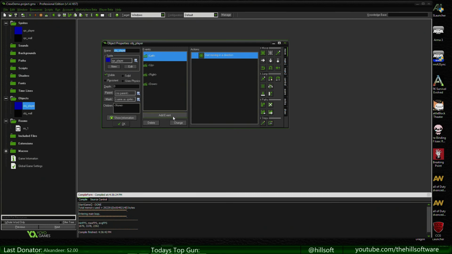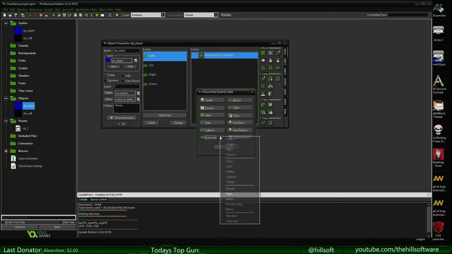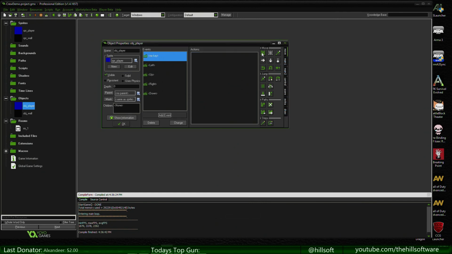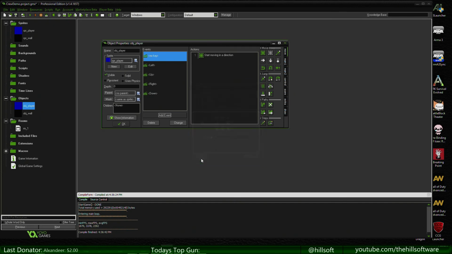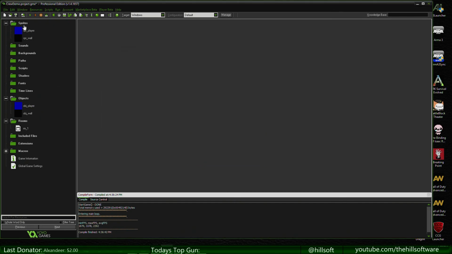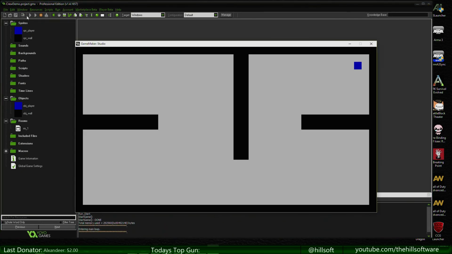Let's first put something in to stop it from moving. So we can go to the keyboard and you can see down here there's a no key event. So for the no key, if we set the movement to stop and leave it at 0, let's see if that fixes our problem. All right, here we go. Look at that, it stops. Woohoo, we've developed a game,